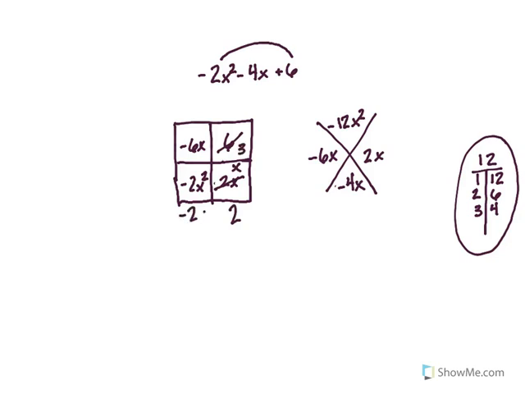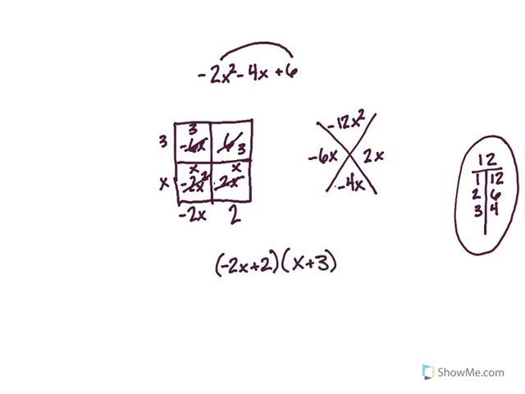I can pull out a negative 2x in this column. I'd be left with an x here, and I'd be left with a 3 here. Then I'm just left with 3 and x. So I would get negative 2x plus 2